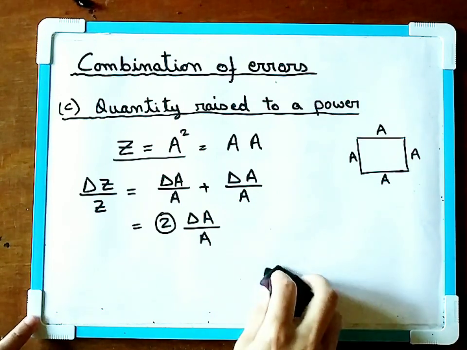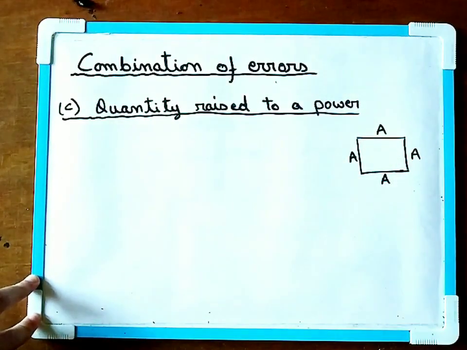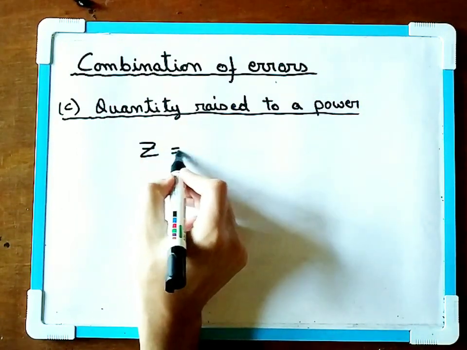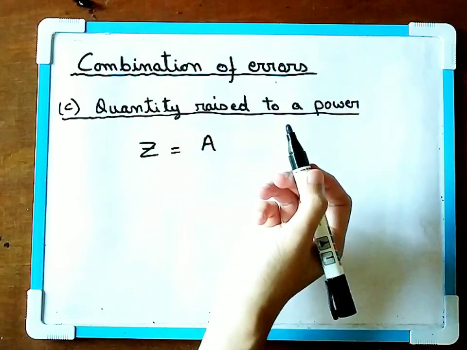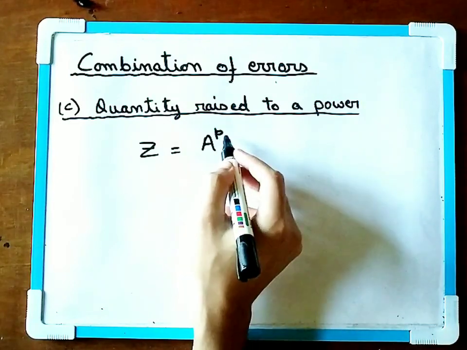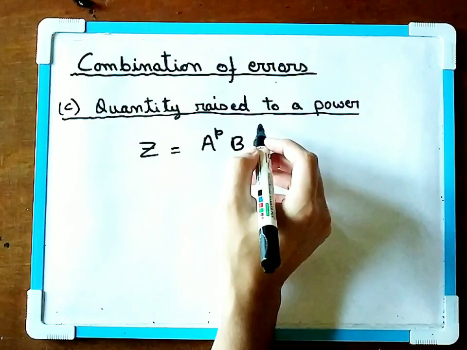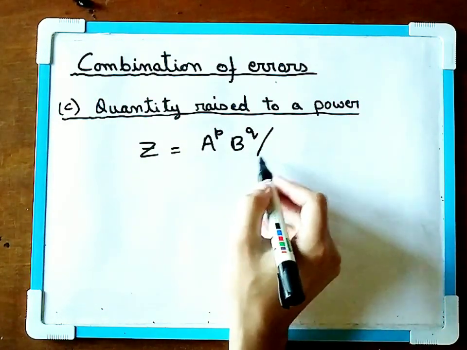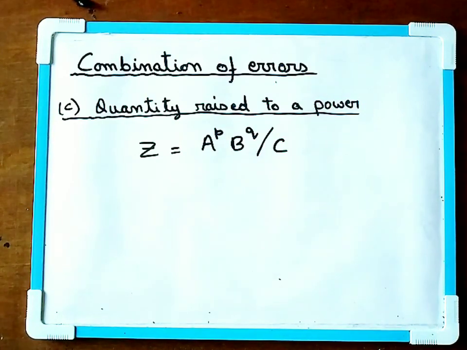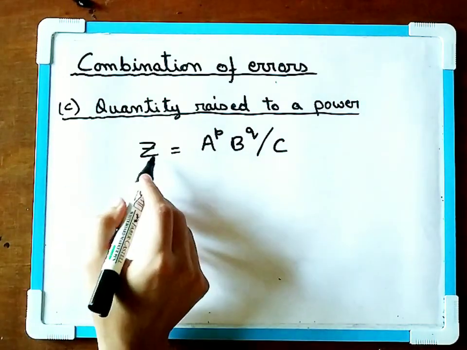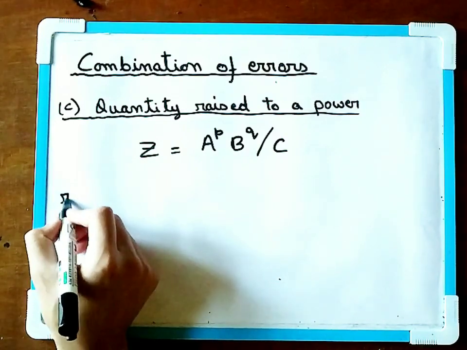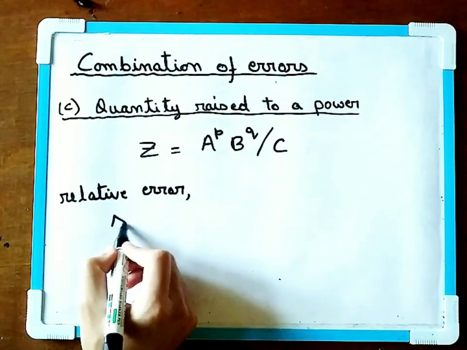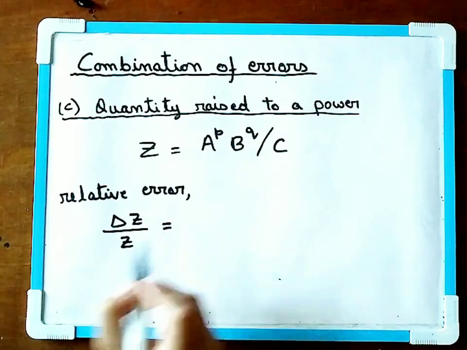We have a quantity Z, and this is equal to A to the power of any number P. And P can be 1, 2, 3, 4, any values, and then B to the power Q, and Q also can be 1, 2, 3, any, or it can also be a fraction, then divided by, now you see the quotient here, C. Then the relative error in measuring this quantity Z, relative error delta Z by Z, this will be equal to,